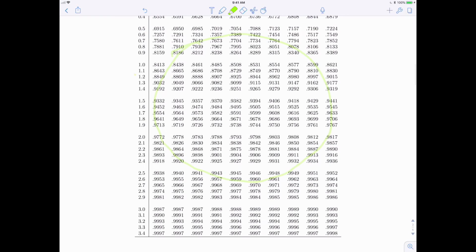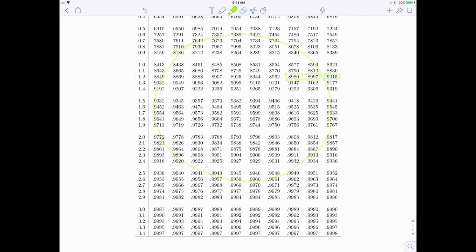So let's take a look. Well, if I look right here, that's 89.8. That's getting close to 90%. And if I move over one more, I'm at 89.97. That's really close. But look at this. I can even get one step closer. I can get one step closer if I go right here to